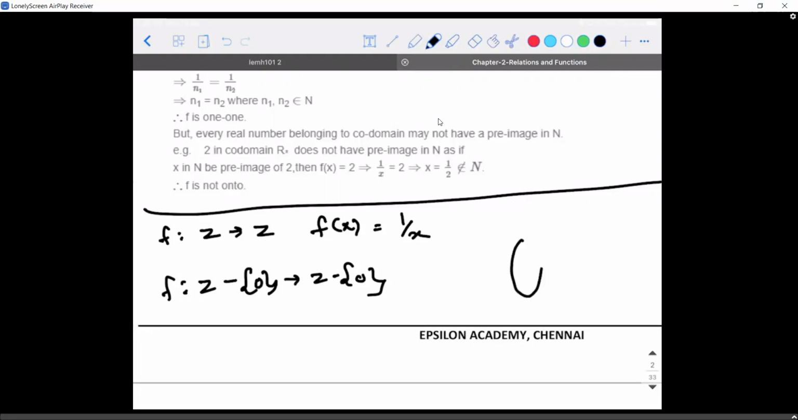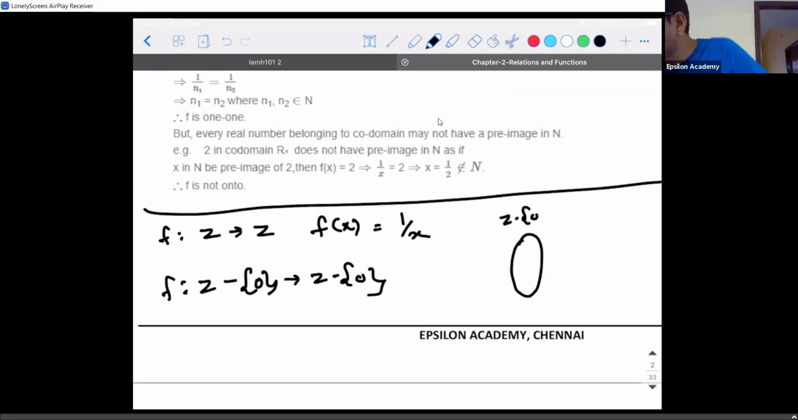What I am trying to say is, this set will be all integers except 0. The other set is also integers except 0. So if I give an integer input, the output also should come out as an integer. If I substitute 1, I am on the safe side. 1 by 1 will give me a 1. Yes, I have an image for 1. If I substitute 2,